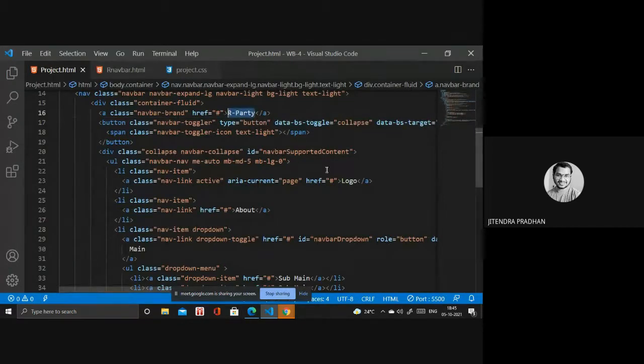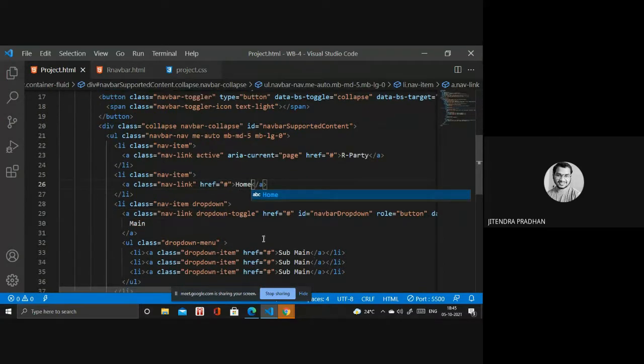It's something like a logo inside, and we need a home button. Home. Okay. And next, we require items.